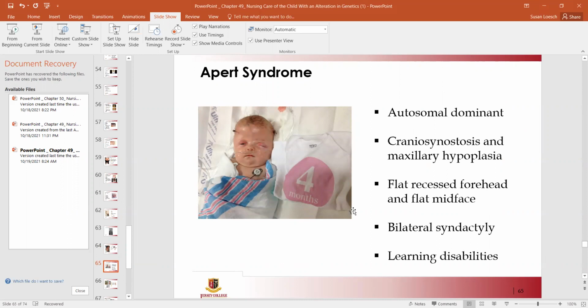Apert syndrome. This is named for a French doctor who described it. It's an autosomal dominant inheritance, though cases are sporadic. It involves craniosynostosis and maxillary hypoplasia with a flat recessed forehead, a flat midface, bilateral symmetric syndactyly, and craniofacial anomalies like a